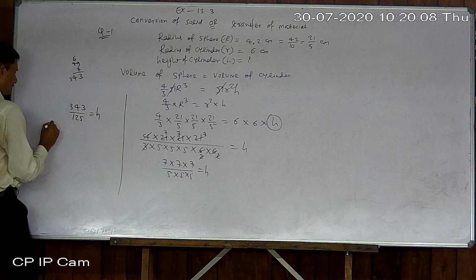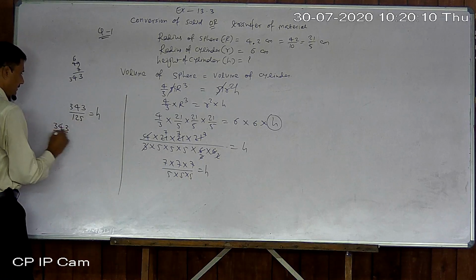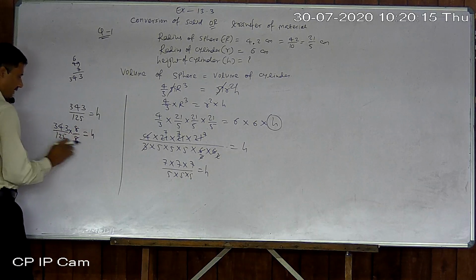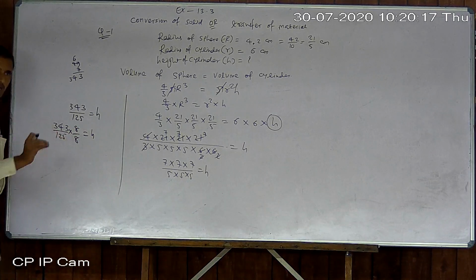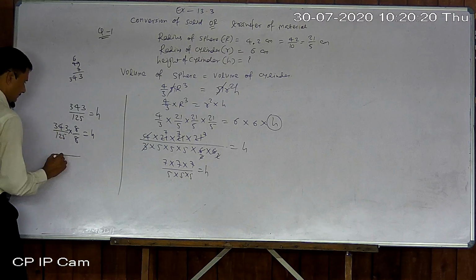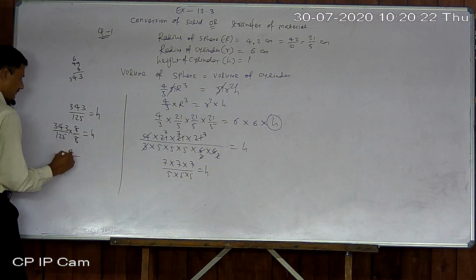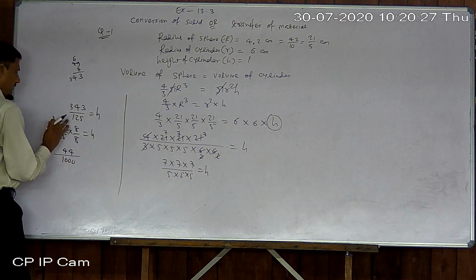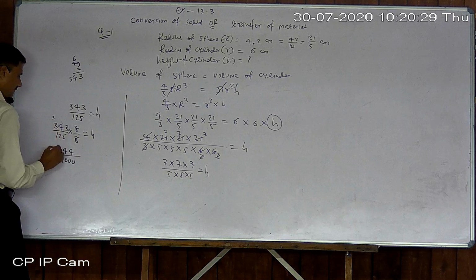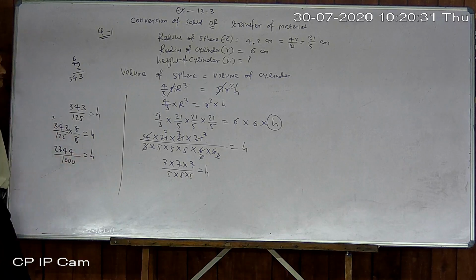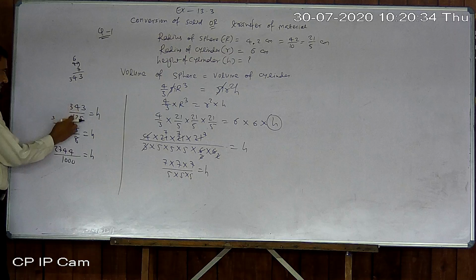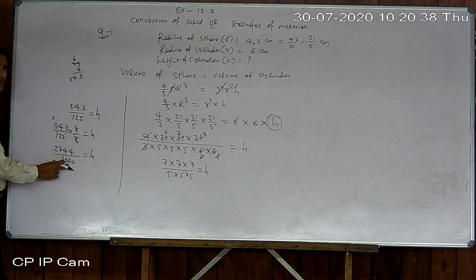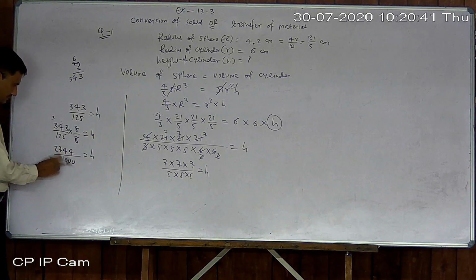Now I don't want to divide by 343, so I just multiply both by 8, so that I can get here 1000. So no need of division there. So this one will be 1000. 8 3s are 24. 8 4s are 32, 34. 3. 8 3s are 24 plus 3, 27, is equal to 8. Okay. Divide this number by this, the answer will be the same only. I just try to get here 10 raised to n.